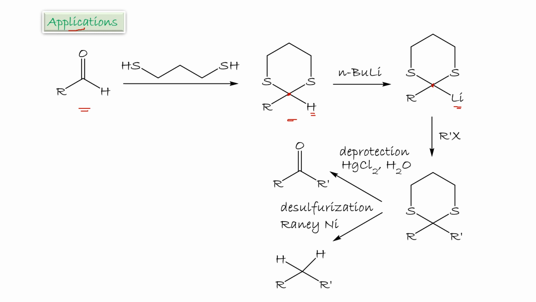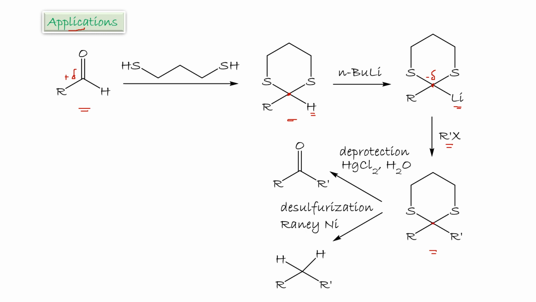Remember that this carbon had a partial positive; now this carbon has a partial negative. Again, it's like umpolung, as we did in Grignard. Then this organolithium reacts with alkyl halide to form